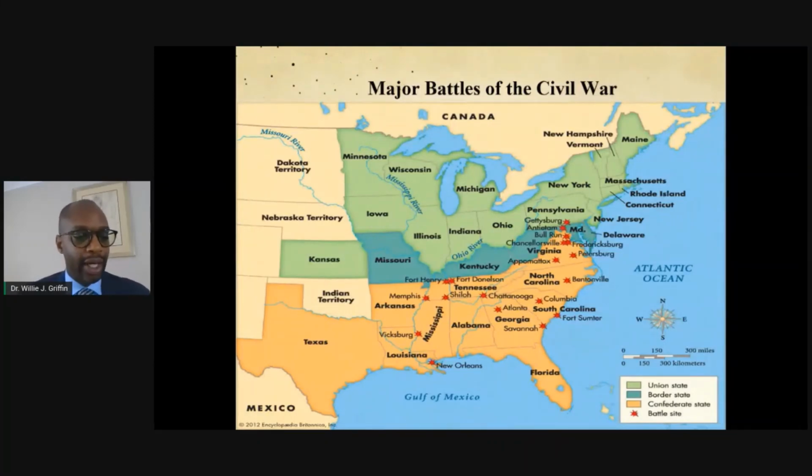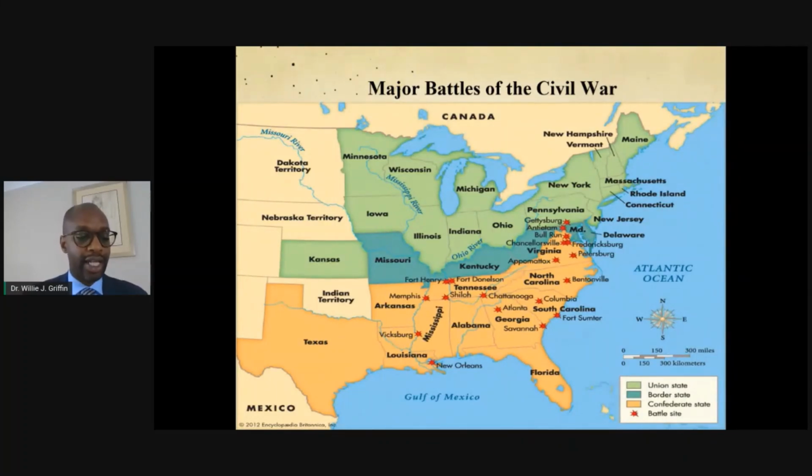In examining this map, it is important to understand that after the Emancipation Proclamation was issued, Union forces determined that they would no longer return enslaved African Americans. So essentially, those enslaved African Americans in the South became known as what we call contraband. And what you begin to see is that plantation owners were making efforts to move their human property so that it could not be confiscated if Union forces invaded the South.